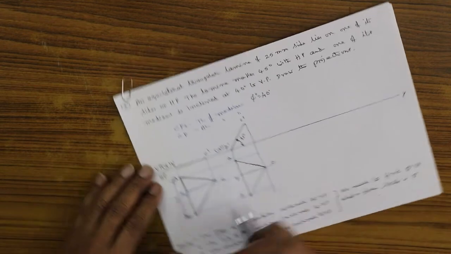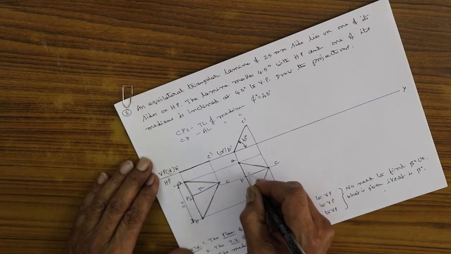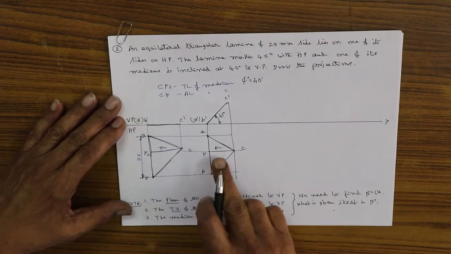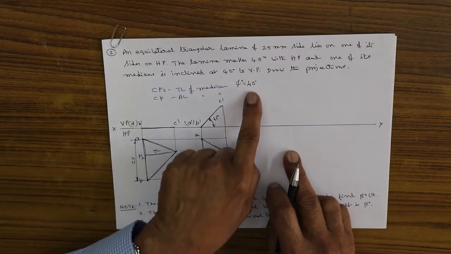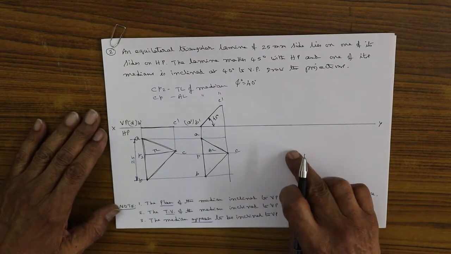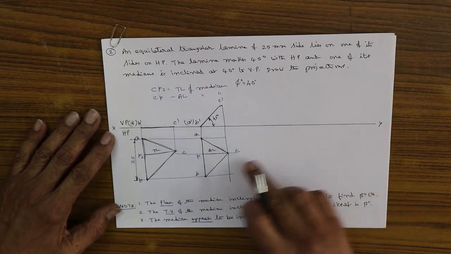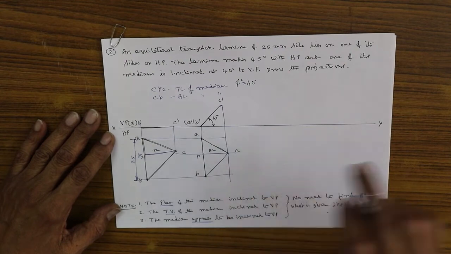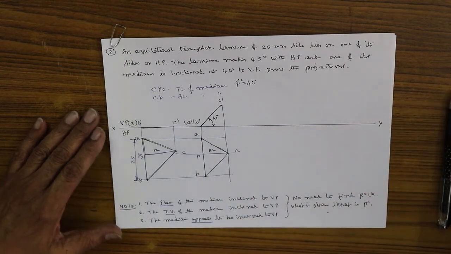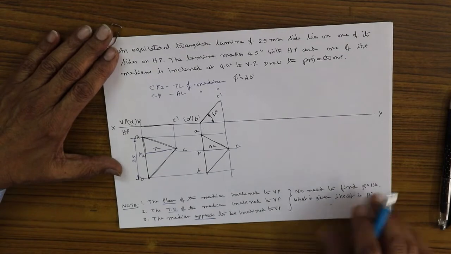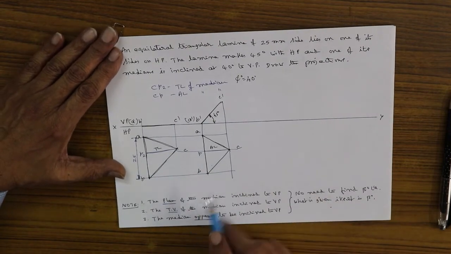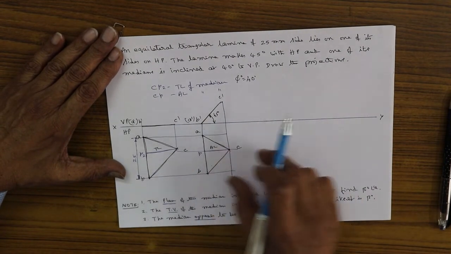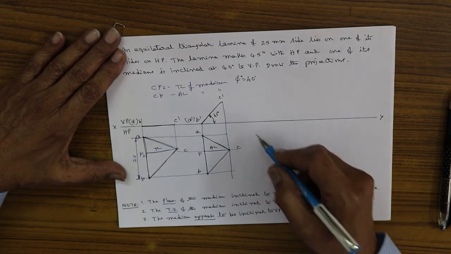This is an apparent length. This is the true length, and that is an apparent length. Apparent length cannot be shifted for a 40 degree angle. We have to find the beta angle and then shift. Now, I'll just give a procedure how to draw the beta, how to find the beta angle, how to shift the figure to the beta line.